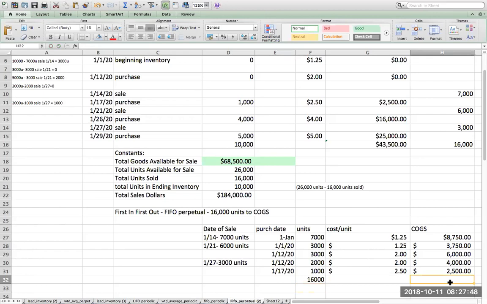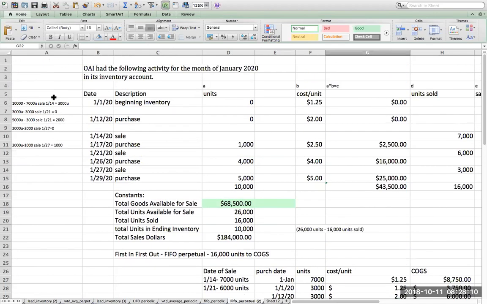So right over here, I've got a total cost of goods sold of $25,000, okay? Now that was a lot of work going through here and computing it, but again, because we were doing perpetual, I had to grab from different inventory baskets as we were going through. And notice all the work I had to go through here. Again, for my exam, you're not going to need to show this. Wherever your instructor might be, they may have a different philosophy.